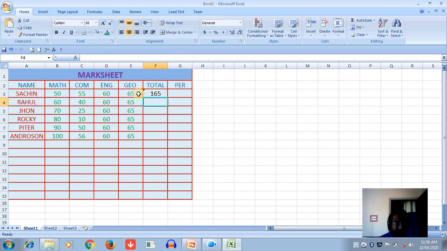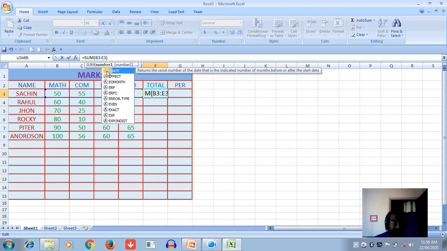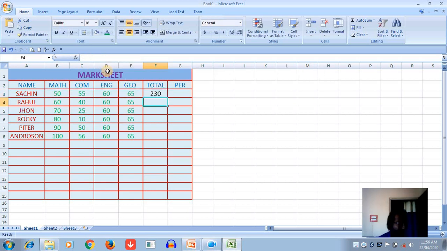Now look at the cell. What is the cell address of the 65? E3. Now E3 is not there, so I can change it here to E3. Now the full cell range I have already checked and click here. Okay, so now you can drag the mouse, that is a relative reference, and it is used automatically for the total range.